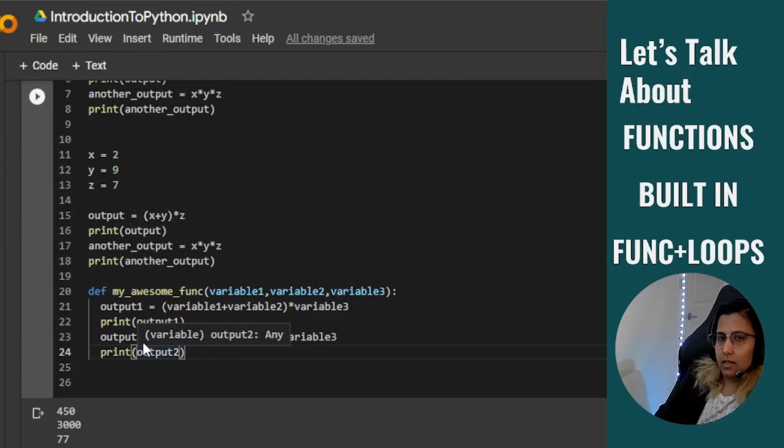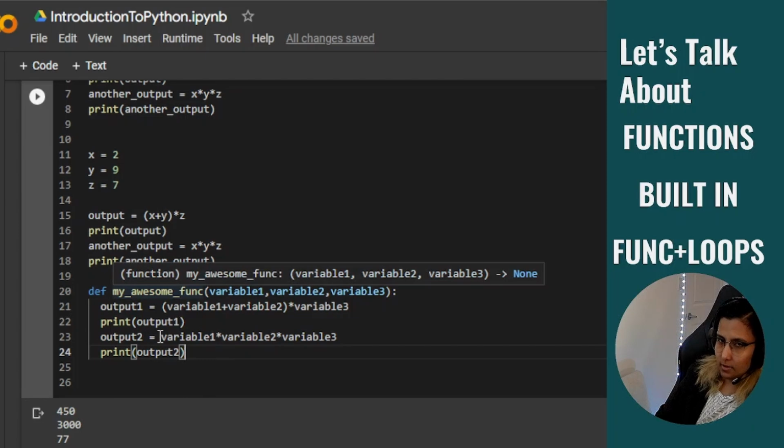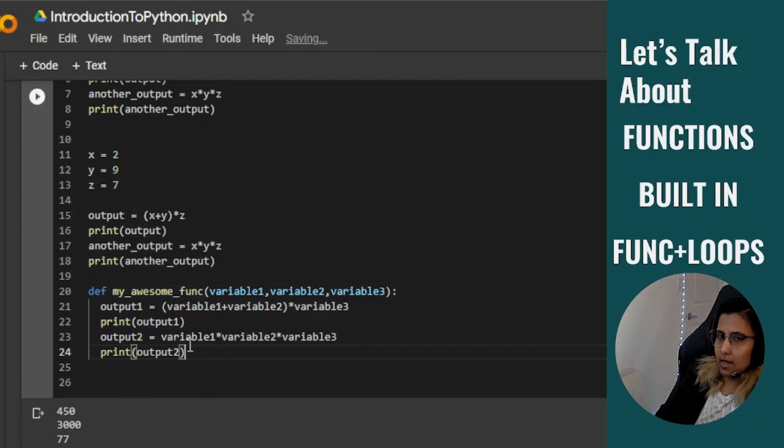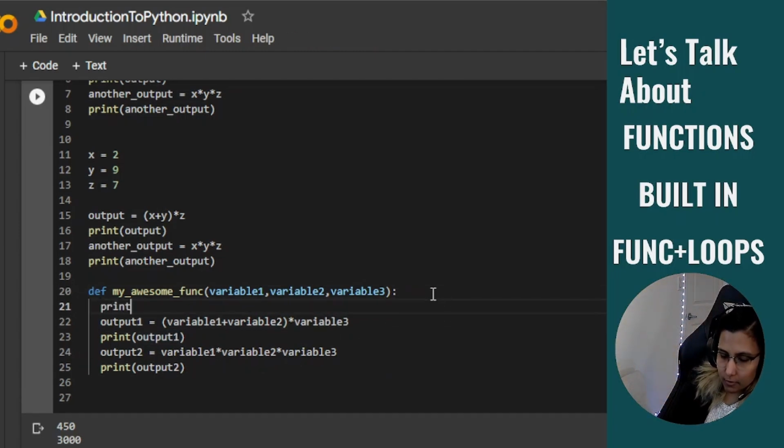Okay. So now this is my function, right? This is the end of my function. All this function does is perform certain calculations, outputs it, performs certain other calculations, outputs it. Let's make it a little bit more elegant. Let's say first it